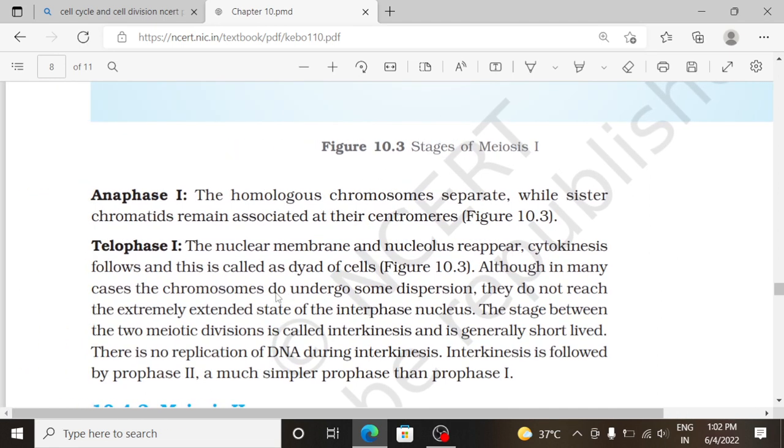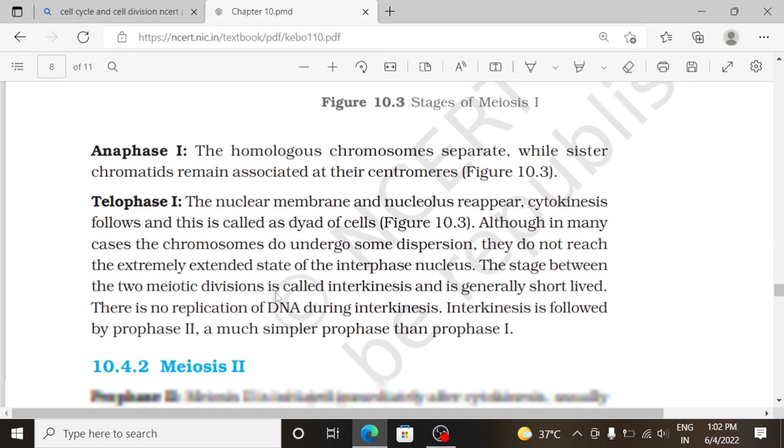Anaphase 1. The homologous chromosomes separate while sister chromatids remain associated at their centromeres. Telophase 1. The nuclear membrane and nucleolus reappear. Cytokinesis follows and this is called a dyad of cells. Although in many cases the chromosomes do undergo some dispersion, they do not reach the extremely extended state